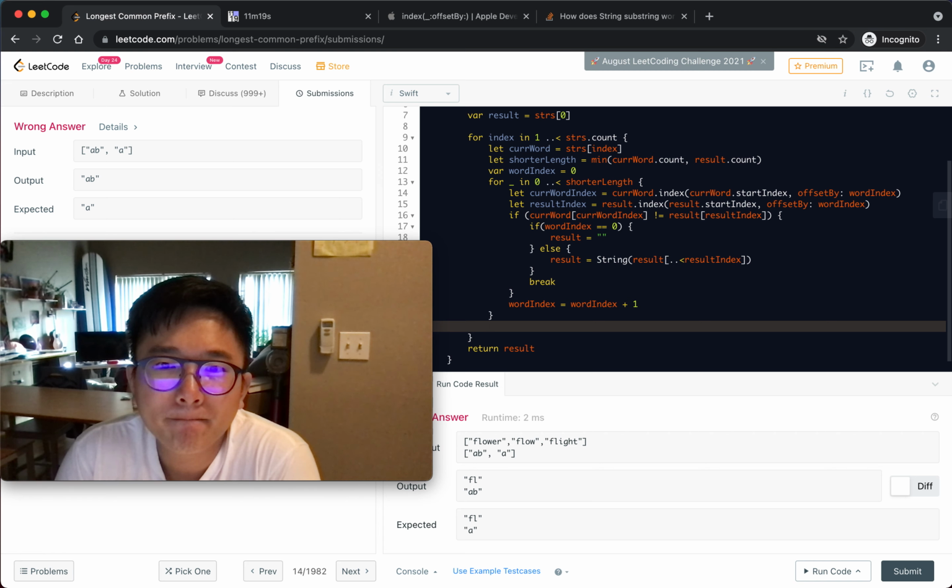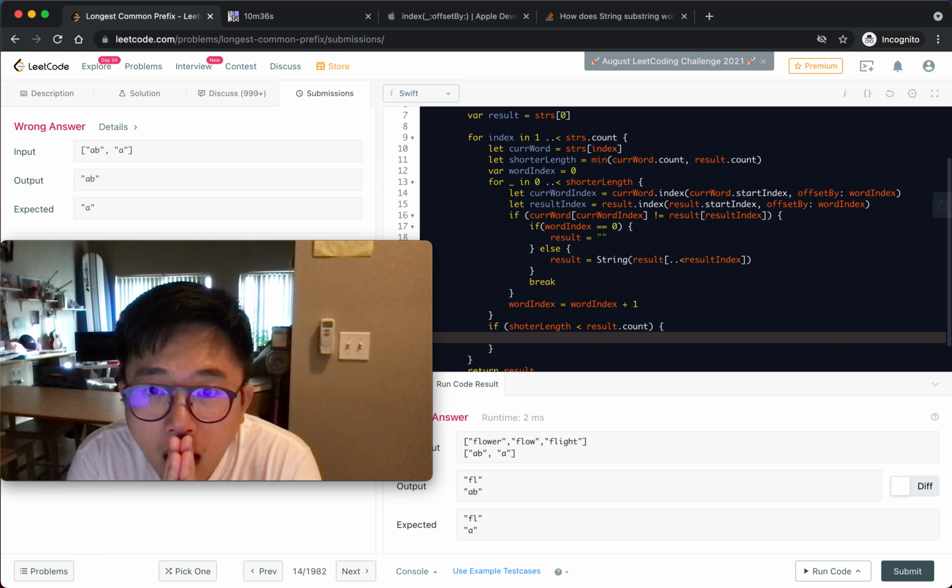So okay, if shorter length is less than result count, we're missing this part, then